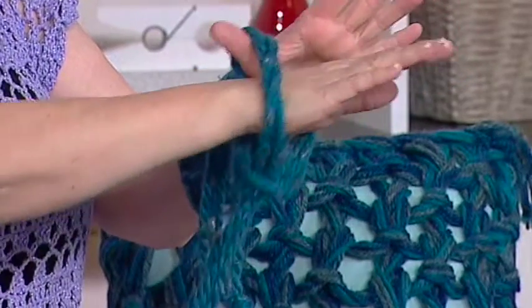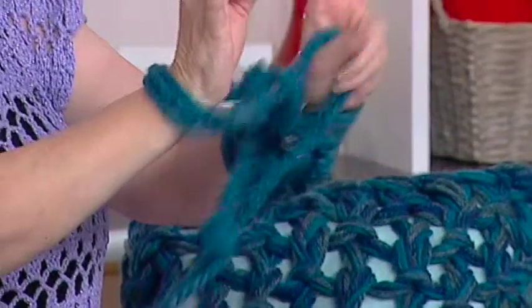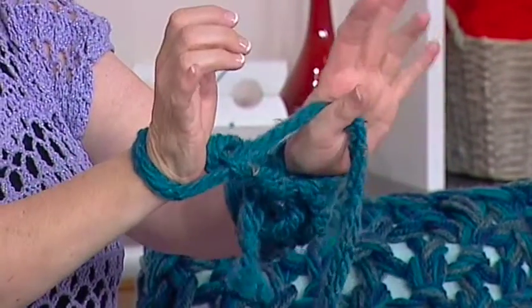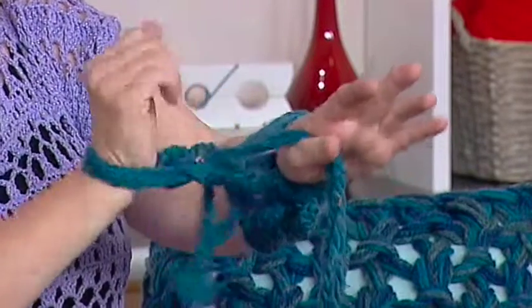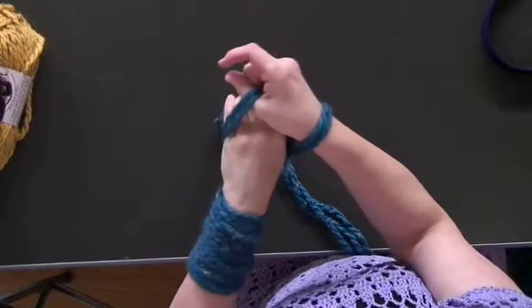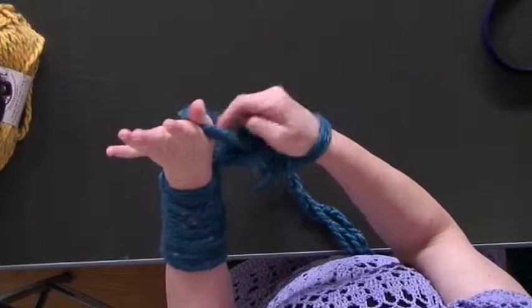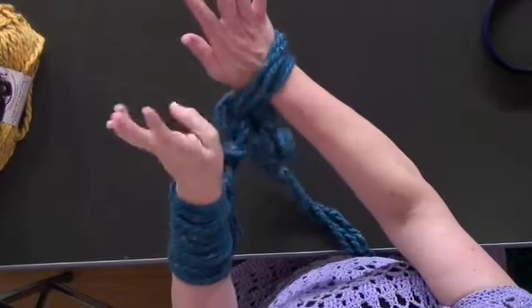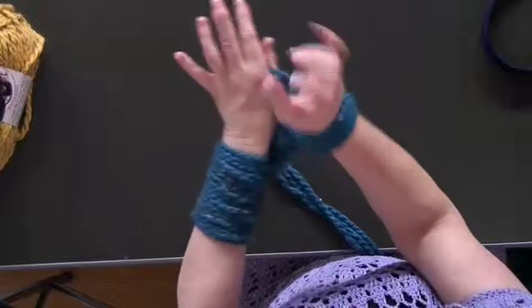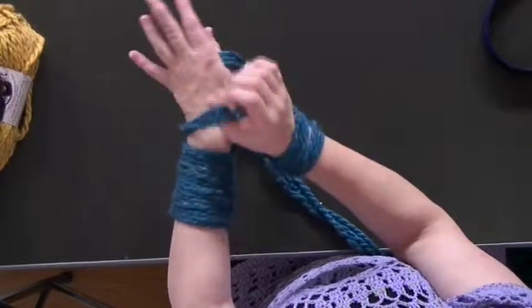I'm going to transfer that onto my other arm. And pick up that yarn with the left hand, tighten it slightly and do the next stitch. So take the second stitch off the hand, drop it, and in the loop that's made on your thumb, you insert your right hand. You pick up your working yarn again, just tighten your tension slightly and drop the next stitch